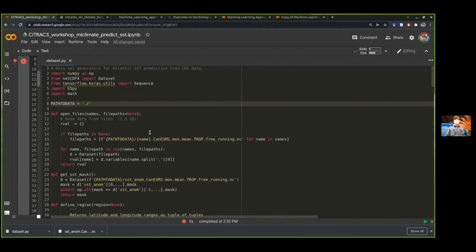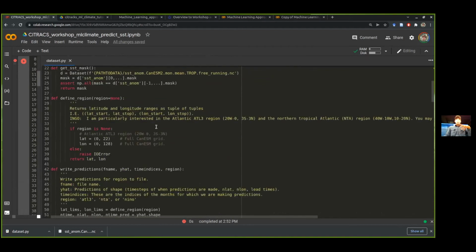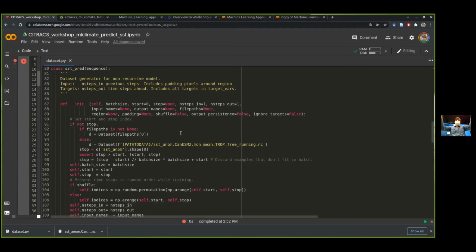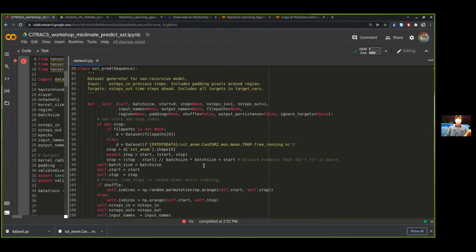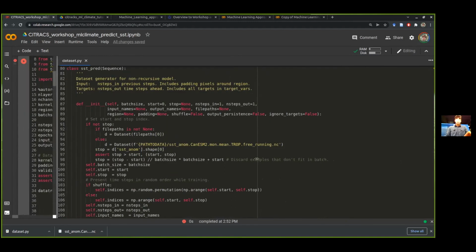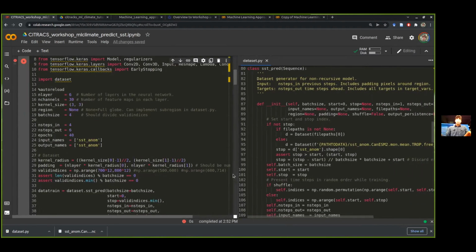So, the whole purpose of this file is to load in this data set and create a generator object which feeds batches of images to the network. Because the data set is too big to put on the GPU. Actually, it's not too big to put on the GPU. But if you have a big data set, it's usually too big to put on the GPU because the GPU has limited memory. And so what you do is you load batches of data, and for each batch of data, the neural network updates its parameters